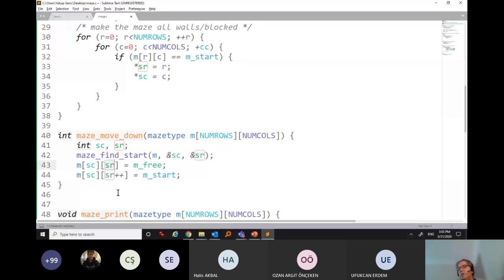It's going to change the third row, not the fourth row. So what I need to do here is something like this, SR plus 1, so go to the next one in the row. Going down, in this case, means incrementing the row number by 1. Of course, this is only possible if this guy is